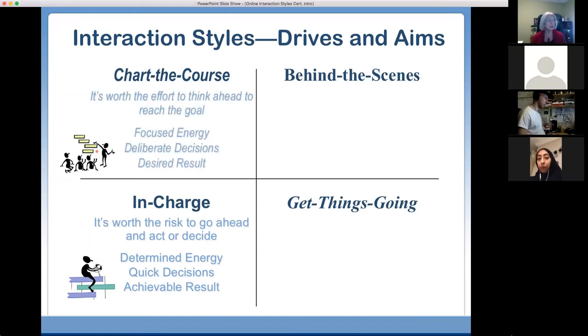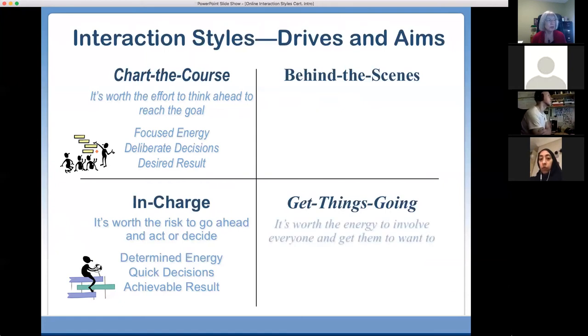Chart the course isn't always about having a whole detailed plan, but thinking ahead to anticipate what's going to happen. It's worth the effort to think ahead and reach the goal. There's a focused energy, deliberate decisions, and a desired result. Okay, so have a course of action of some kind